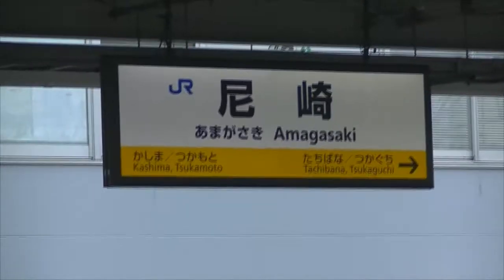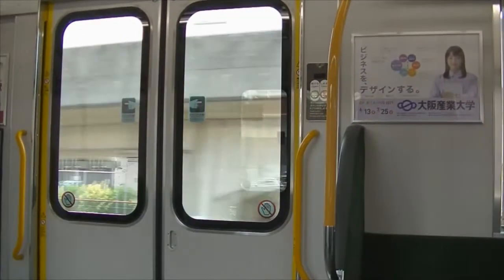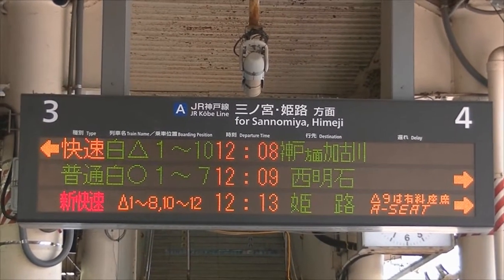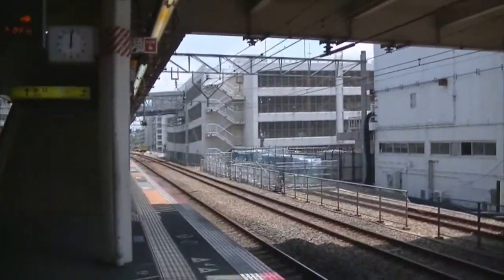Here we are in Amagasaki, where I missed an express and decided to get a local train. And that's the train I was on. Right, so here I am on the local train, planning to change trains here, wherever this is. I forgot the name of this station, but yeah, I got off the local train to change to the rapid train, but if I'd stayed on the local train, it was only 2 more stops, so I would have got there much earlier. Anyway, I wasted a good 10 minutes standing around here,